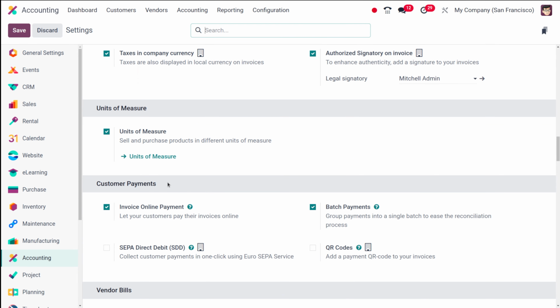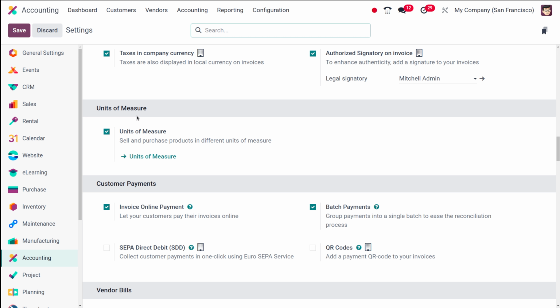Yeah, here we have it, Customer Payments. And here you will see the option called Batch Payments. You simply click the toggle to enable it, and don't forget to click Save at the top right to apply your changes if you have ticked it right now. Mine is already done, so I don't have to save it again.